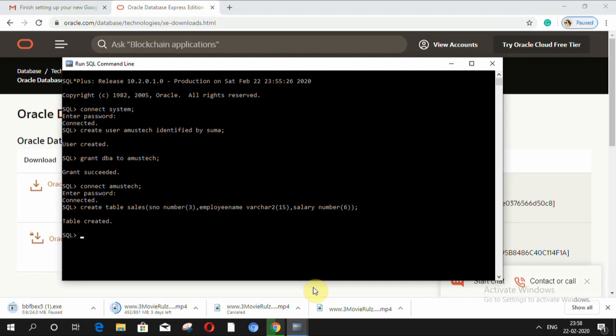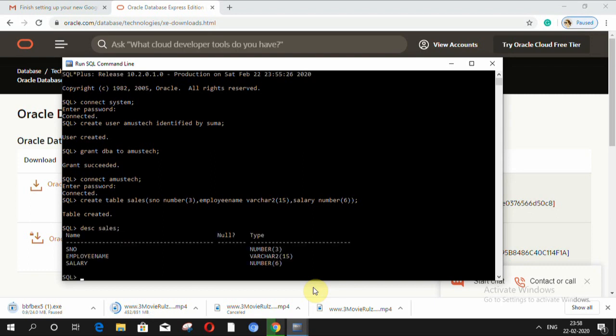After you get a message as table created, in order to check whether your table is created or not, you can type describe and your table name. My table name is sales, and then you can see what are the columns that are available in your particular table. And then if you want to insert values into your table, the command is insert into